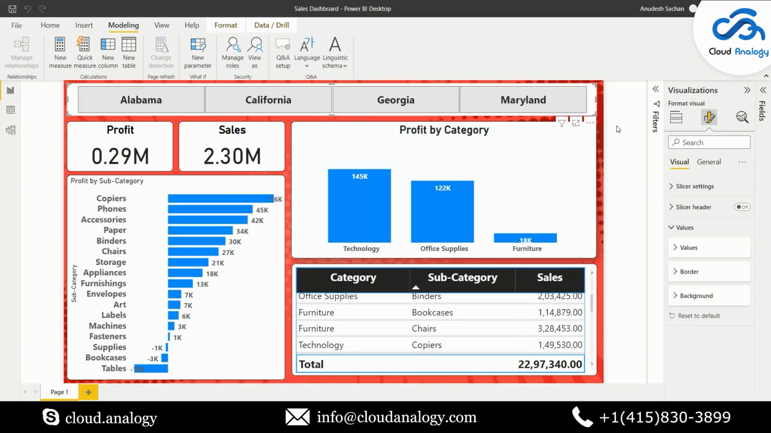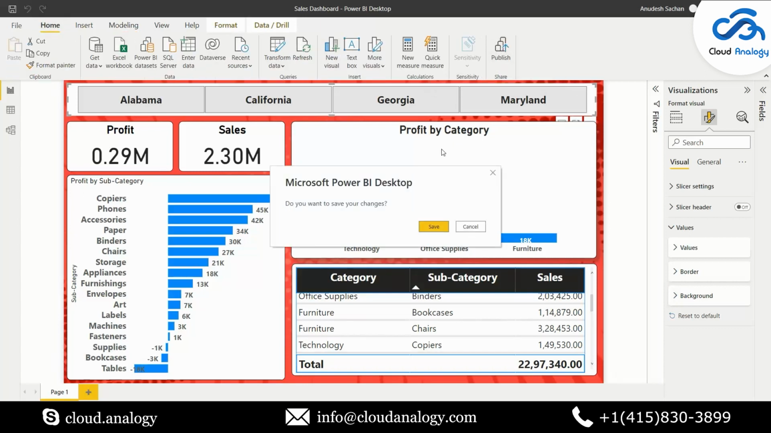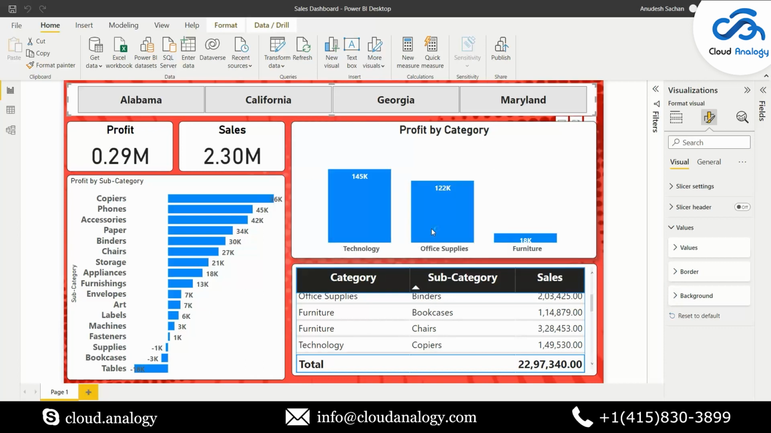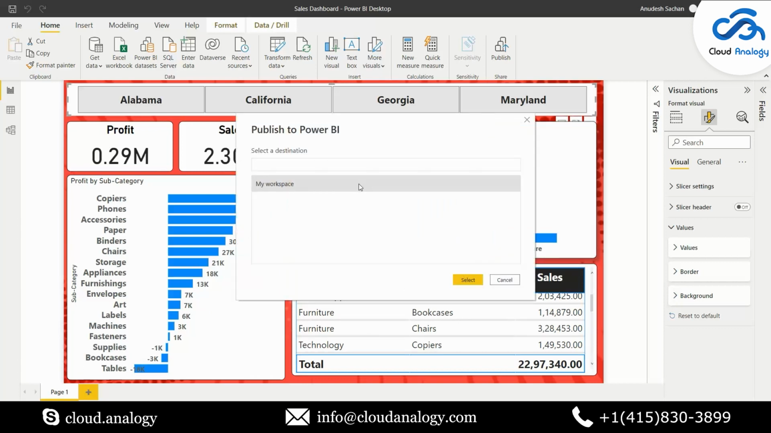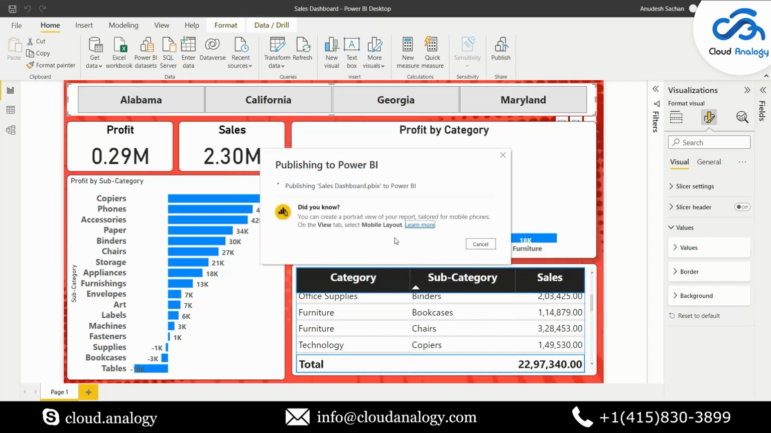Now we will publish this dashboard on our workspace so that we can assign roles to the user in the dashboard. For that we will go to home, we will click here to publish. It will ask if we want to save the changes, we will say yes. It will ask where do you want to publish it. We will say my workspace. Select my workspace and we want to replace the previous one. Now the dashboard has been published in Power BI